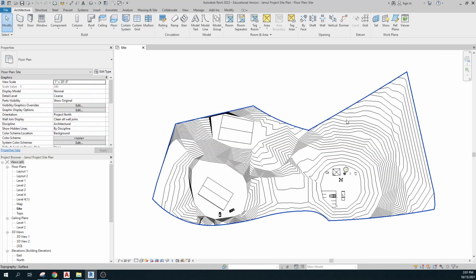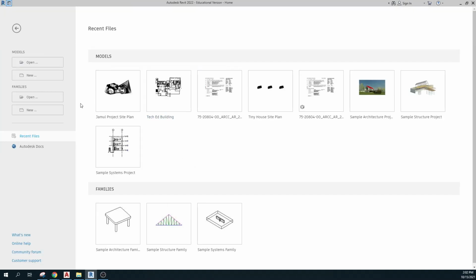So let me bring this up. And so when you open that file, first you have to do, let me do it like this. When Revit opens up, it'll look like this. And so then you'll go to Open, and wherever you stored it,